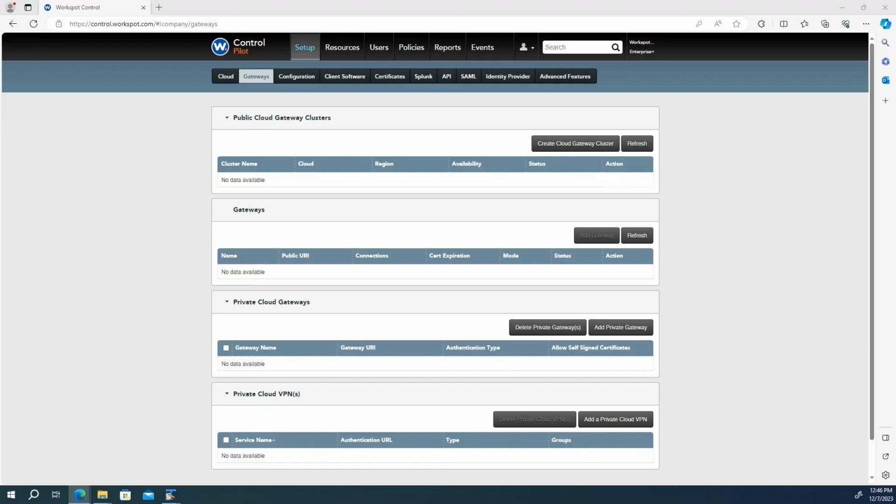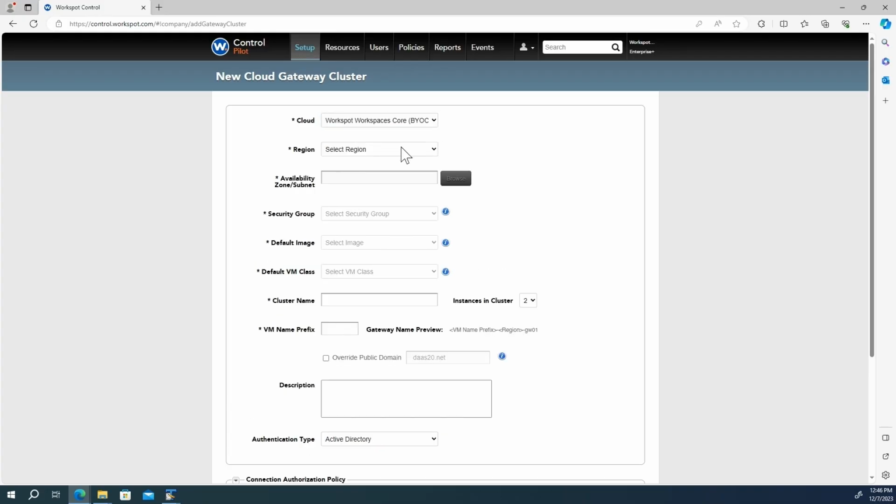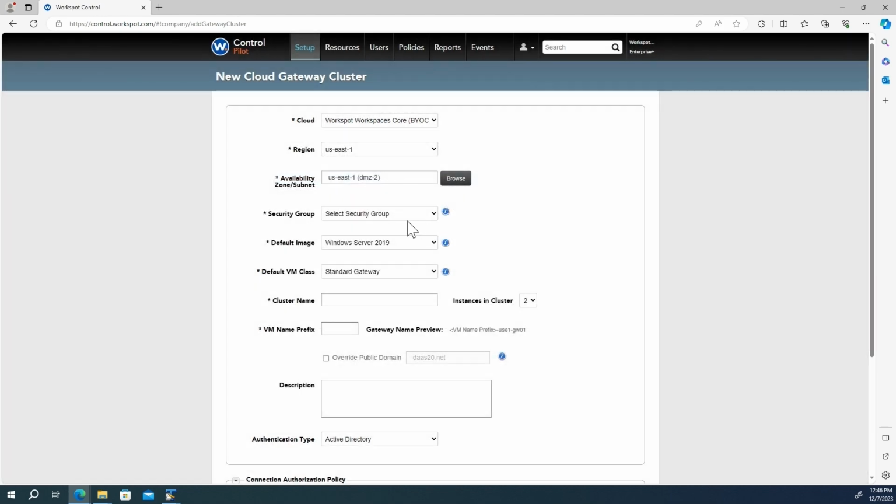This guide outlines the steps to create Workspot Managed Gateways, a group of gateway VMs that offer secure access to Workspot users. Start by navigating to Setup, then Gateway, and select Create Cloud Gateway Cluster. Choose your cloud configuration and the region where you want to set up the cluster. Select the virtual network and subnet for the cluster's provisioning, typically in your public subnet. Adjust any cloud-specific parameters as needed,